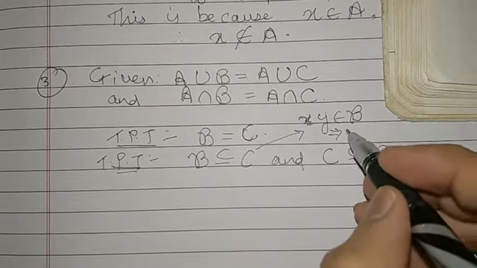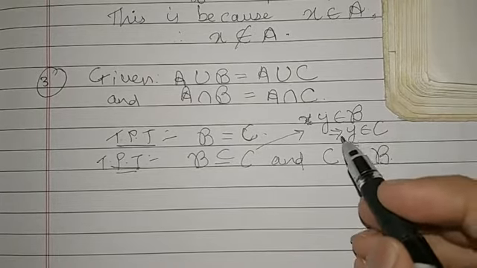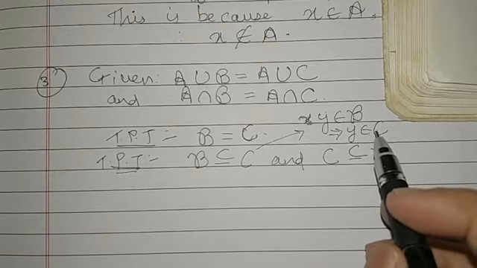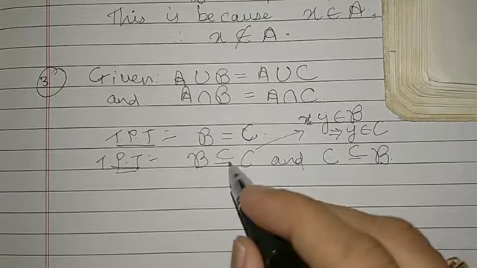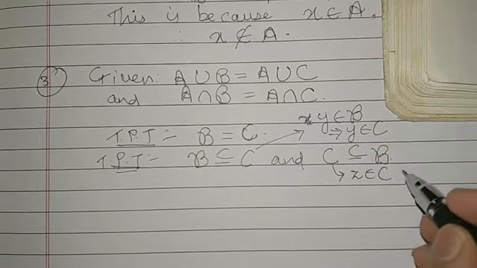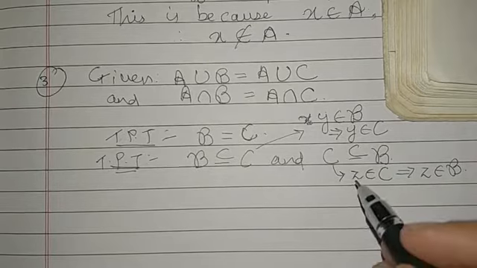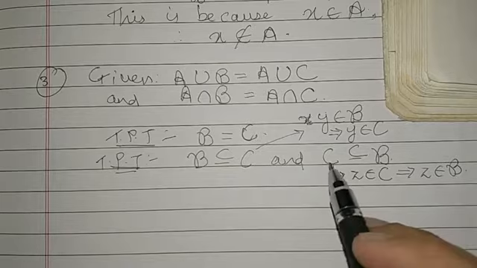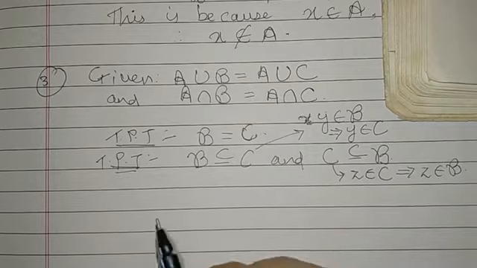You have to show that this Y belongs to the set C. So what you will get is Y belongs to B, then Y belongs to C, that is every element of B is an element of C. So B will be the subset of the set C. Like that you will prove this. And how will you prove the other one? You will take an element Z belonging to C and prove that the element Z belongs to the set B. So what you will get is every element of C is an element of B, so that is C is the subset of B. Like that you can prove that C is the subset of B.